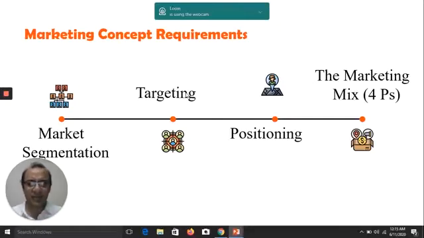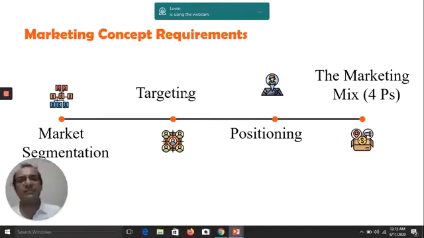I'll be evaluating all the segments to identify the most attractive one, the most profitable one, the most befitting one to my company. And as a marketer, I'll be deciding to design my marketing program for that particular segment or segments. The whole process is called market targeting. I repeat,